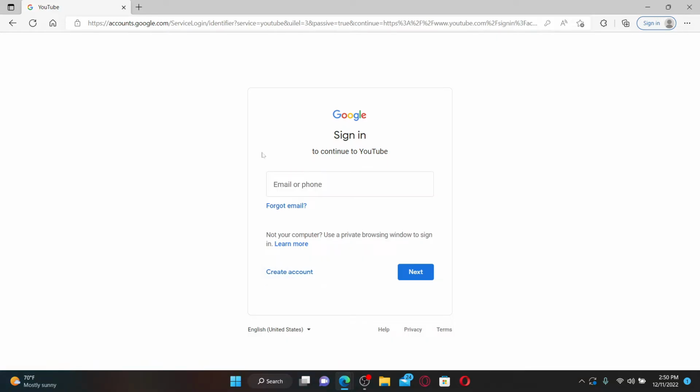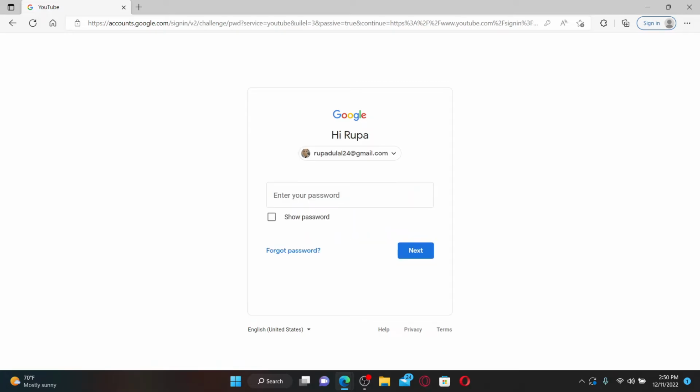If you already have a Google account, you can go ahead and enter your email or your phone number associated with your Google account in the text box. Enter any one of them and click the next button. On the next page, enter your password associated with your Google account. If you don't remember the password, click on Forgot Password link and follow the instructions to reset to a new